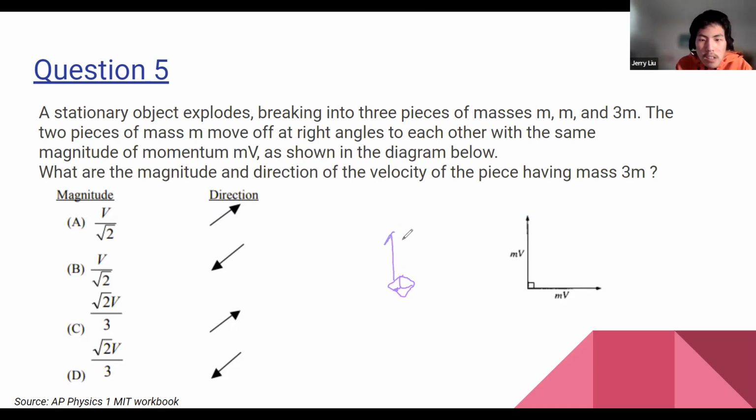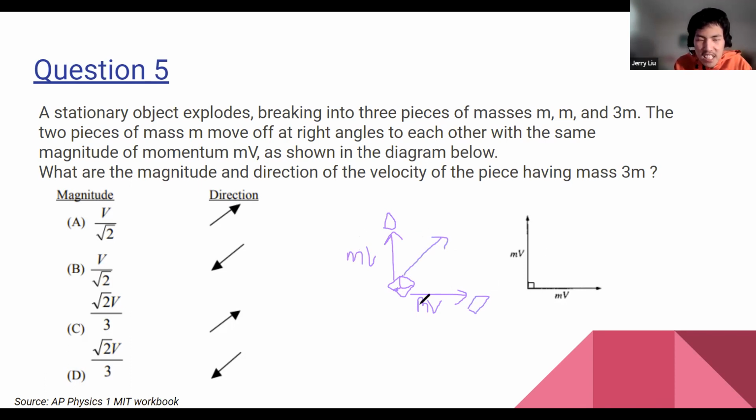One of them goes up here, one goes here, one goes here. That's not to scale. These two move at the same speed, and they have the same mass. So these two left and right objects both have a mass of m, and they both travel at the speed v, and then